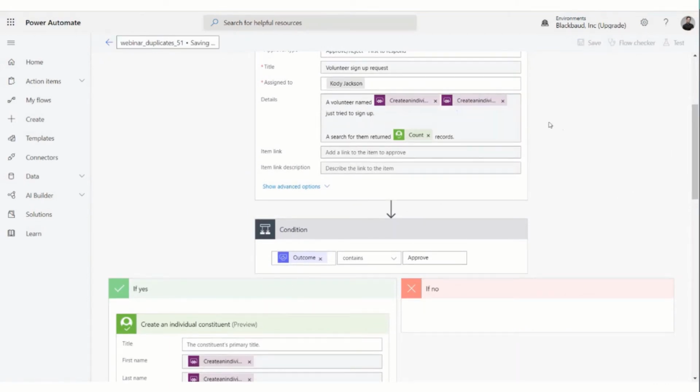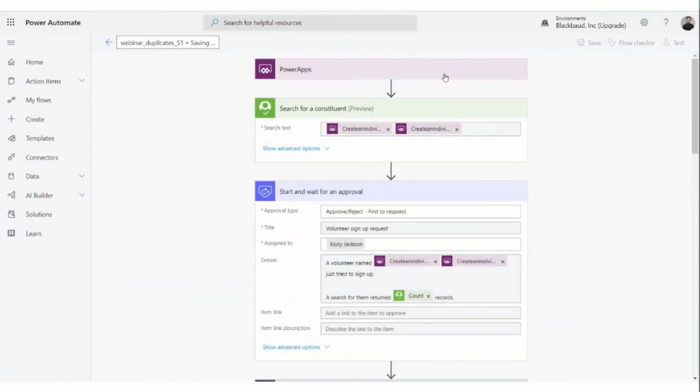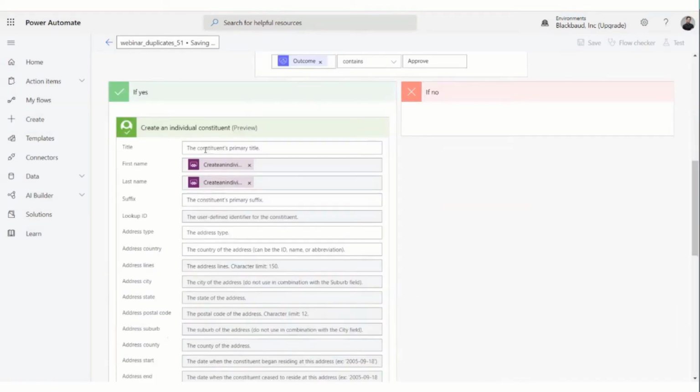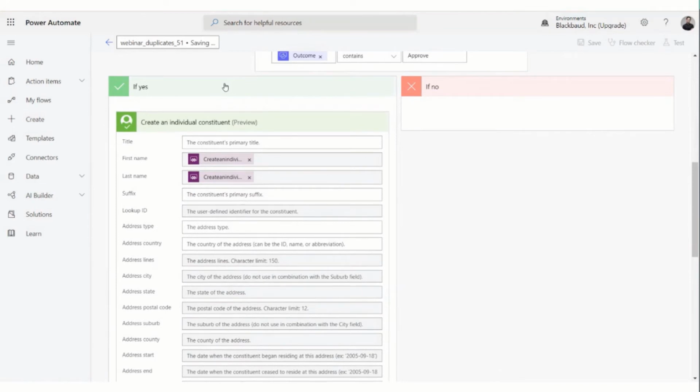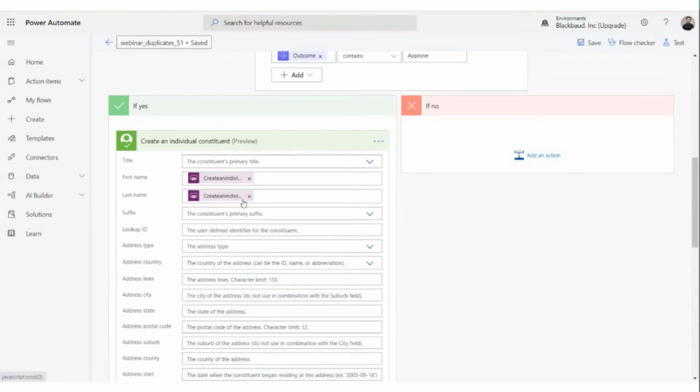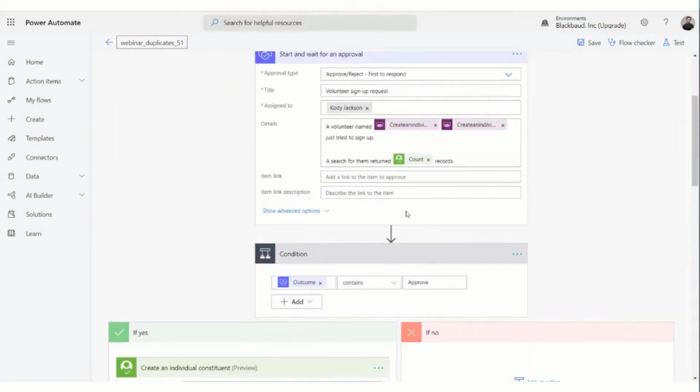And so again, let's just walk through it really fast. So what it's saying is, again, take this information from Power Apps, and if some things are true, we do the exact same thing that we did before. We go ahead and create an individual constituent. We could add other things if we wanted to, but only if.